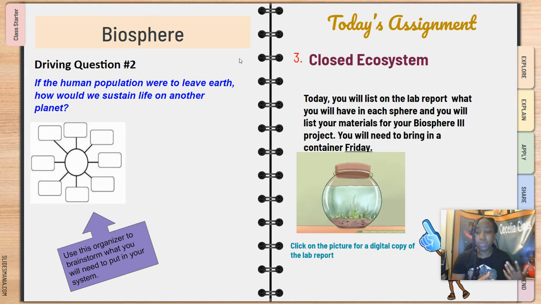So I'm going to include a video on here of a closed ecosystem project that you all can look at to get some ideas. Again, if you do an aquatic one, you cannot just put a fish in a closed system with water and some rocks. You're going to have a plant, a producer of oxygen, in there. And that's what you should have been researching. I've heard that you all have finished that part. So at this point, we can go ahead and move on.